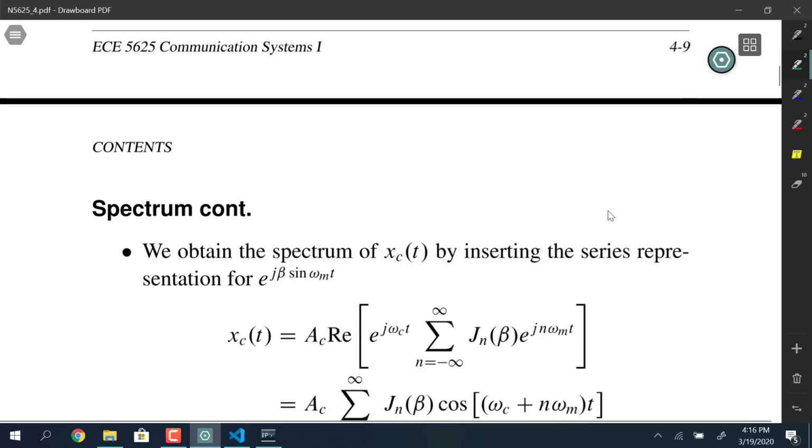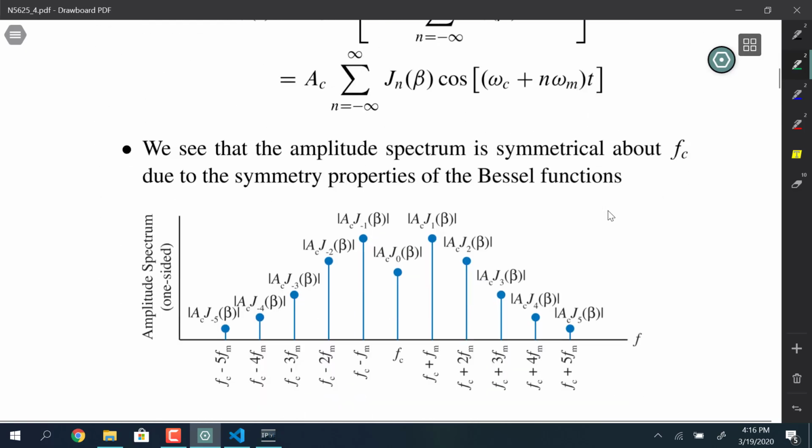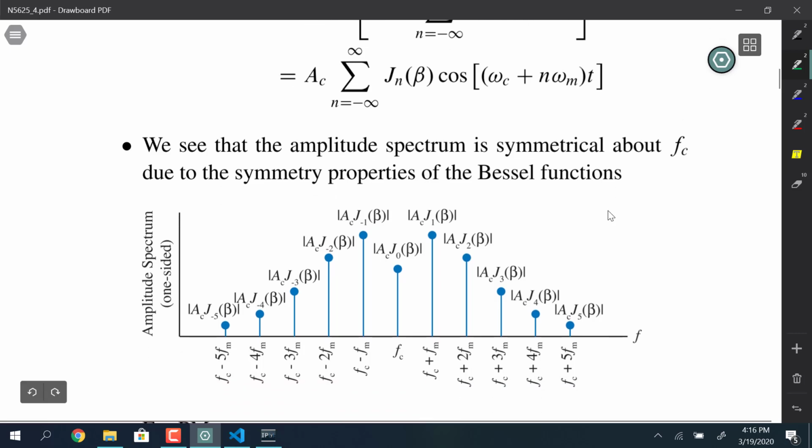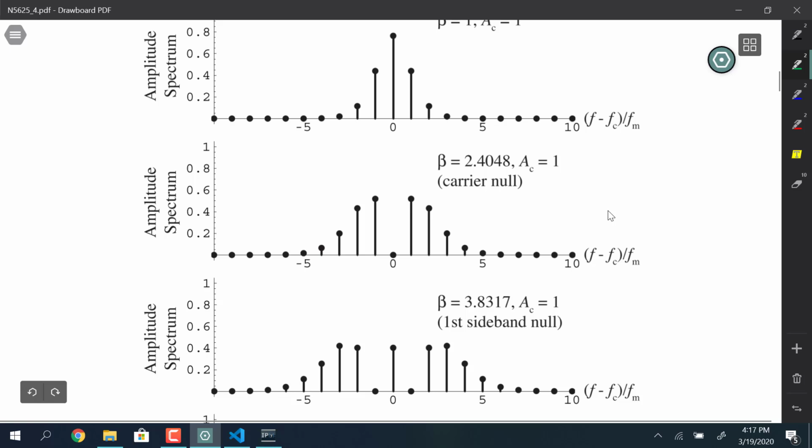And if we were to look at the spectrum, which is kind of where I want to stop right now, when you look at the single-sided spectrum of a cosine wave frequency or angle modulating a carrier, we'll get a central component at Fc, and then we get spectral components either side of that at multiples of the modulation frequency, but unlike AM or double sideband, which stop at the first pair of sidebands, FM now, or PM, PM and FM are kind of synonymous with each other. The bandwidth expands way out,